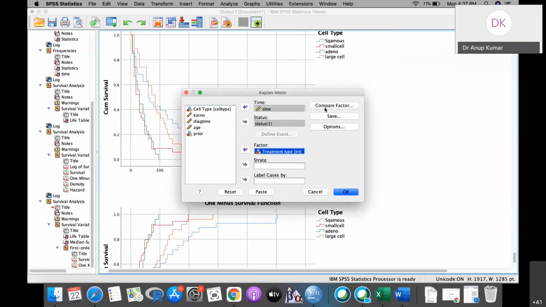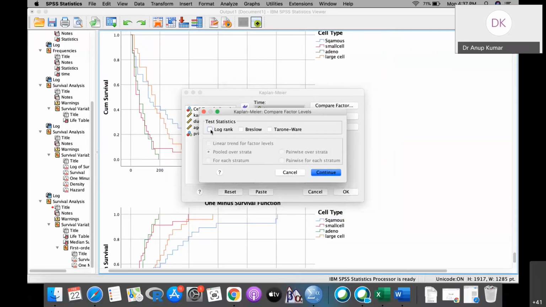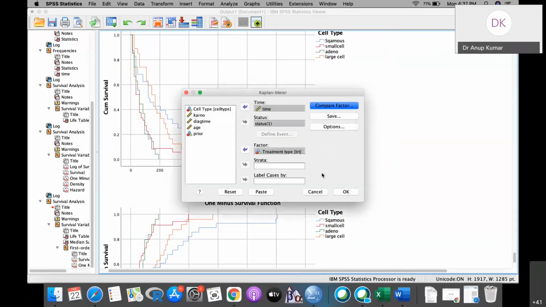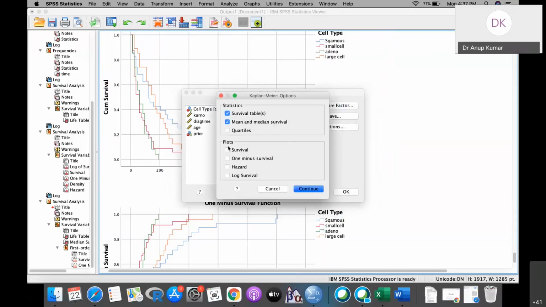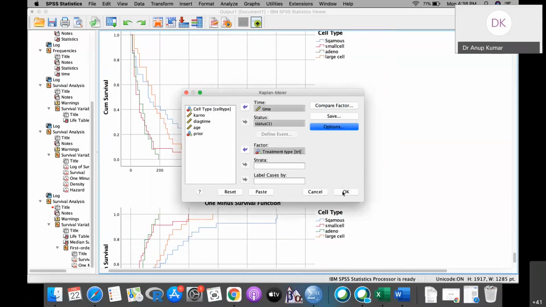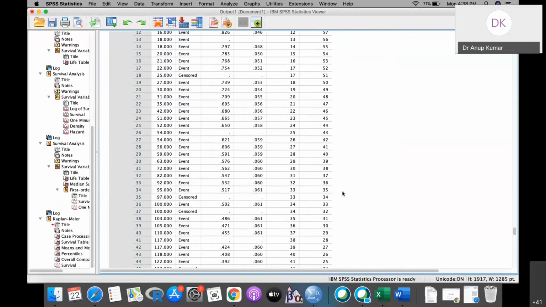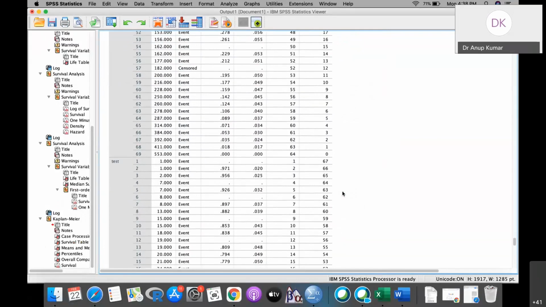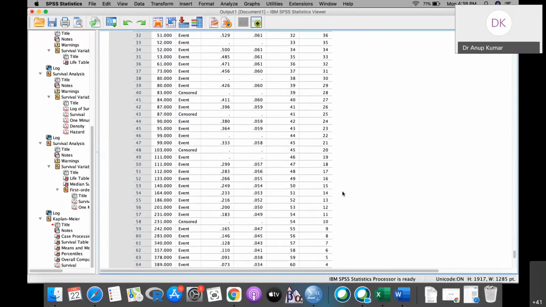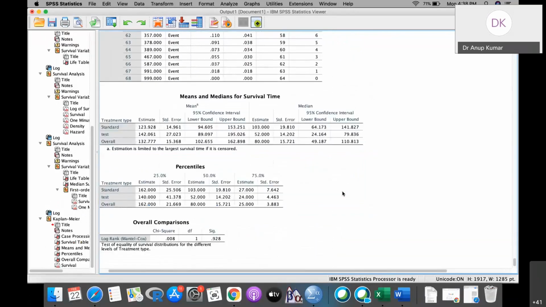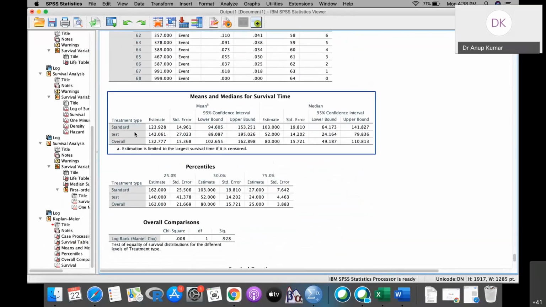Okay, and then compare factor. So log rank test, continue, and in the options you can go and select that you want the survival curve, the survival table, quartiles, then click OK. So this is the Kaplan-Meier survival table for those two groups, and this is the summary statistics for the standard and the test.